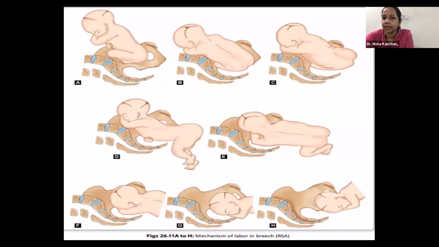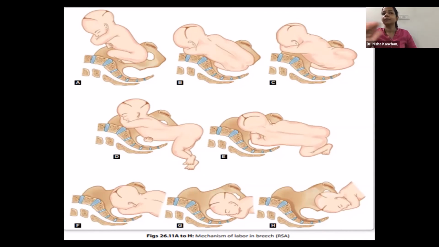If you can see slide E, again, to enter the pelvis, the diameter which it chooses is oblique. The breech entered the pelvis through the oblique diameter of the pelvis, then it rotated and came out through the AP diameter of the outlet. If that is clear in your mind, then every mechanism is the same. Engagement will happen either in the transverse or the oblique diameter of the inlet. By the time it has to come to internal rotation and delivery, it has to come into the AP diameter of the outlet.